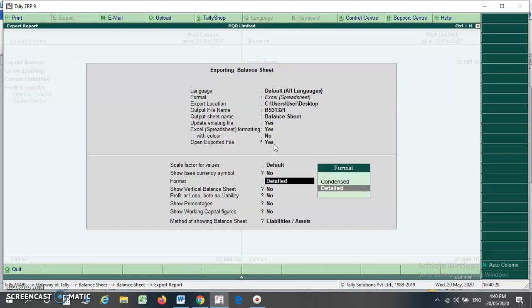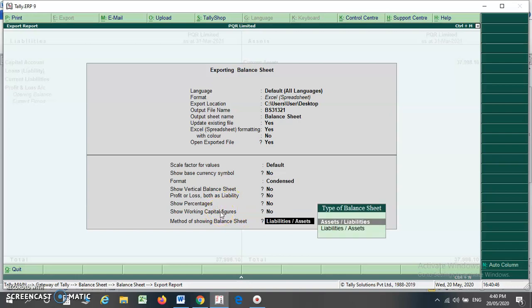Here you have to select whether you want a detailed balance sheet or condensed. If you want a vertical balance sheet, then select yes, otherwise select no. If you want percentage, select yes, otherwise no. If you want profit or loss both as a liability, then select yes, otherwise no. If you want the working capital figure in your balance sheet, select yes, otherwise no. Whether you want your balance sheet as per asset or liability, or as per liability or asset, you have to choose, and